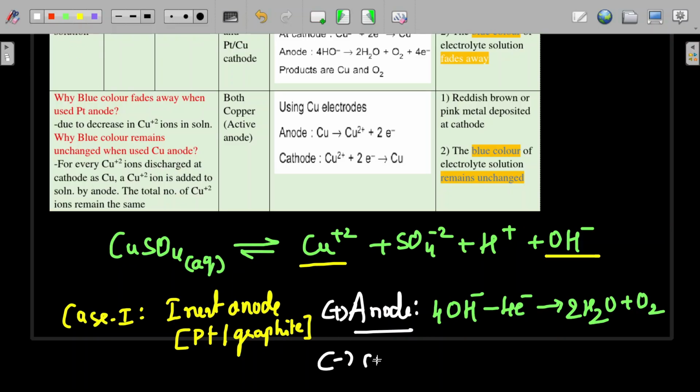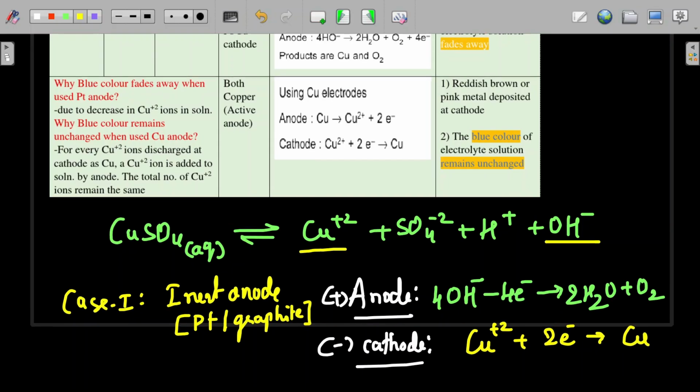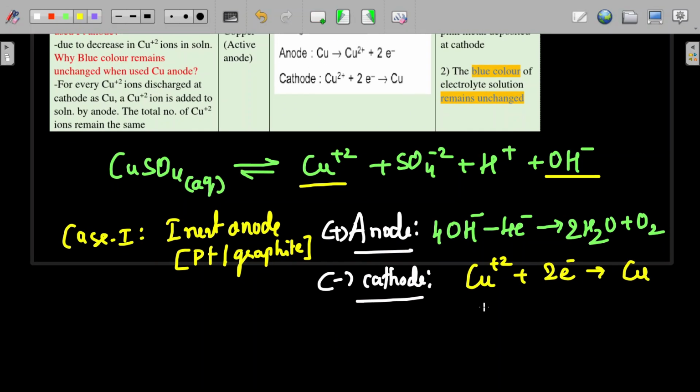And the reaction at cathode, which is negative, cation will come. Cation here will be copper. So Cu2+ will gain 2 electrons. Plus 2 means it can gain 2 electrons and form copper. But to make the number of electrons equal at anode and cathode, what you have to do? Multiply this by 2. So you will get 2 Cu2+ plus 4 electrons will give you 2 copper